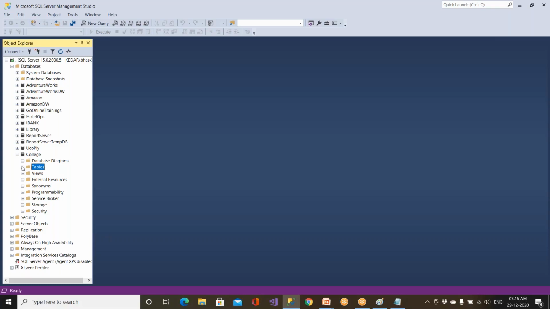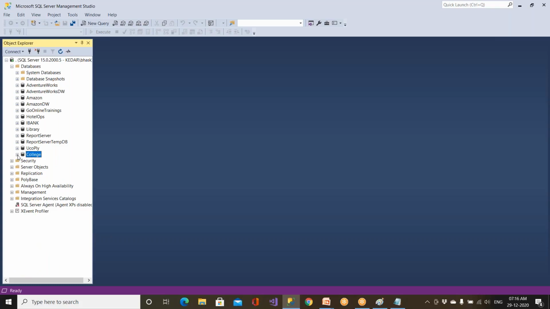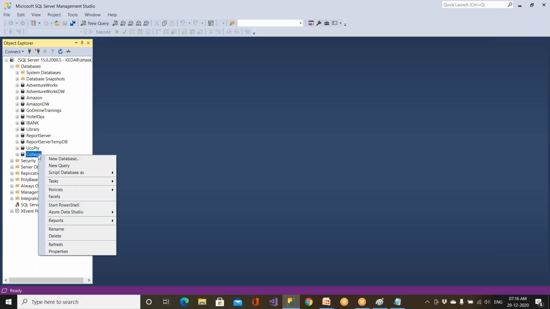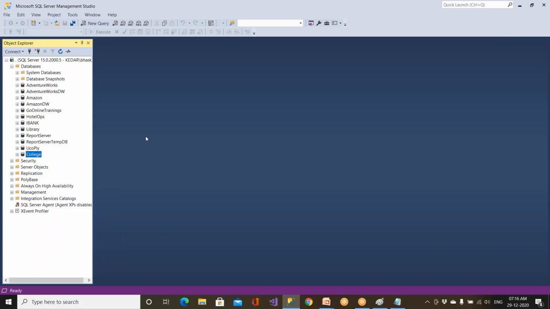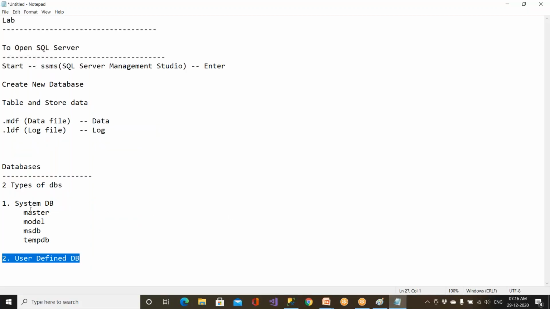Clear? As I told you, RDBMS is there to store the data. And if you don't need this, let me right click and delete this. That is how you are going to be using this, deleting and creating. Am I clear? I told you there are two types of databases.